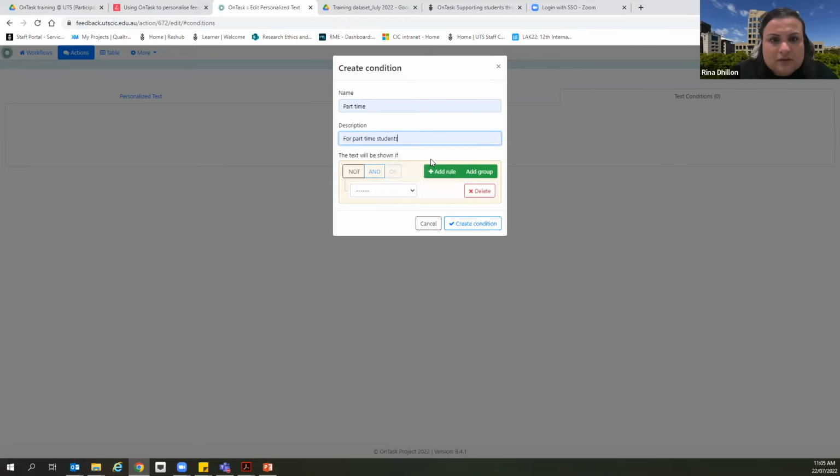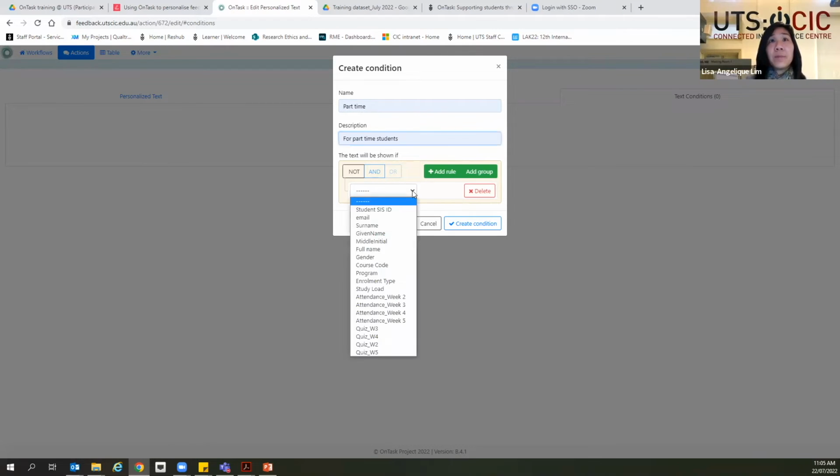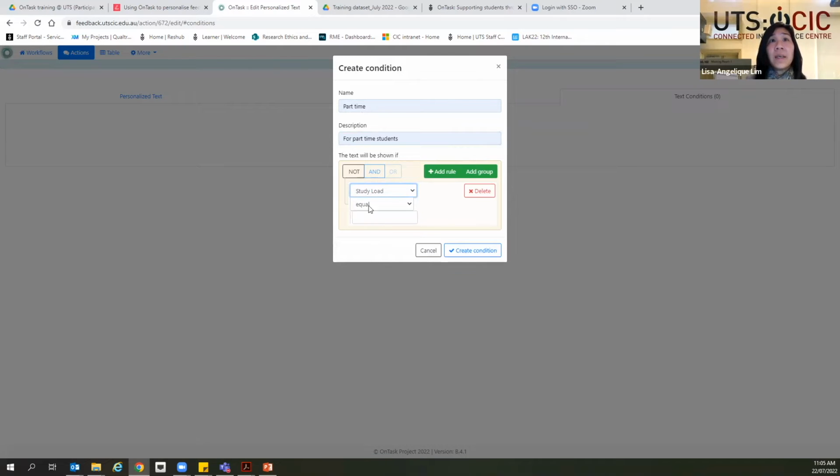So this is slide 38 now. And this helps me to know what my rule should look like. So I'm looking at part-time students, which means that my study load is equal to part-time. A point to note here is that